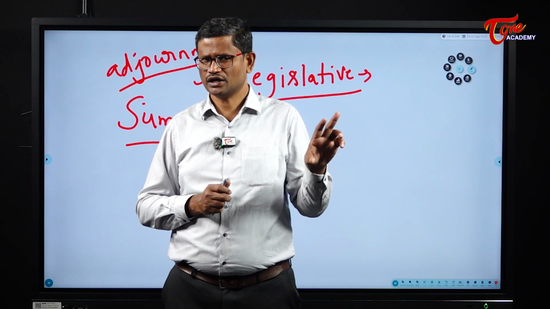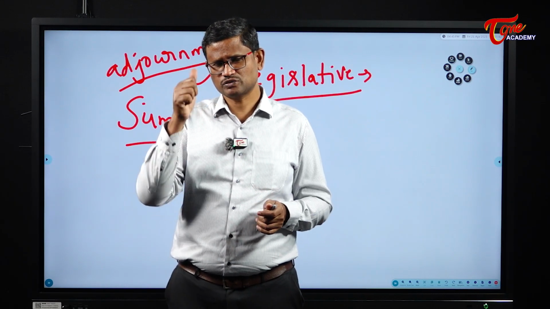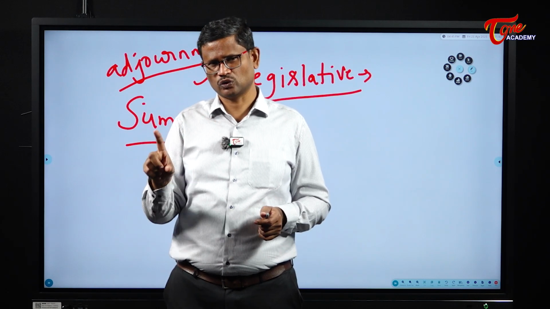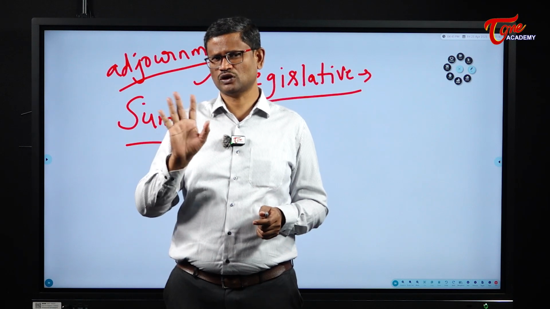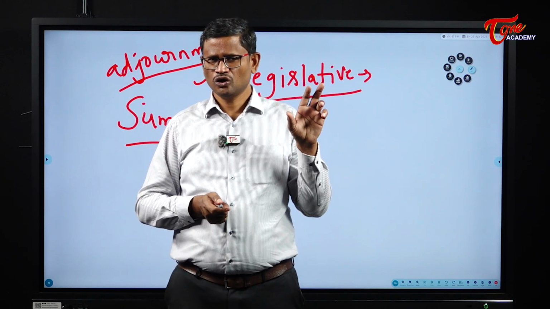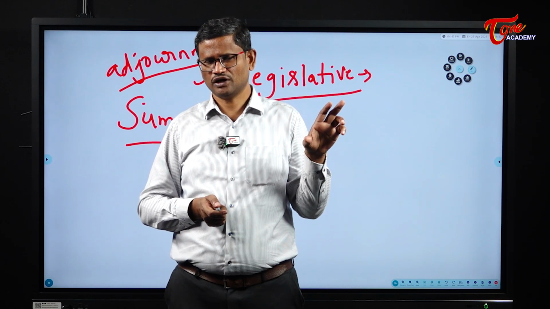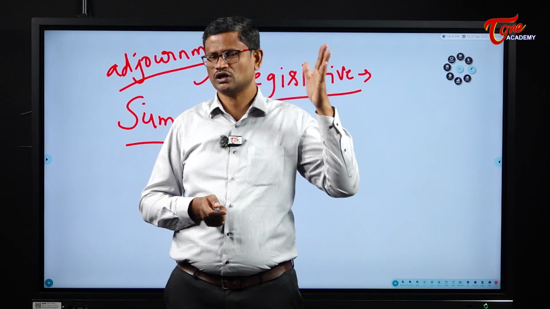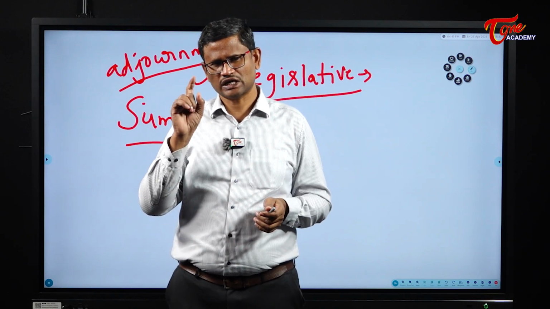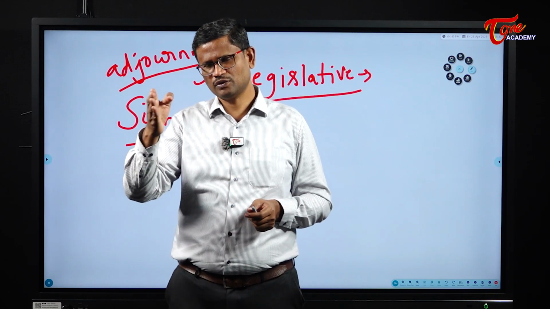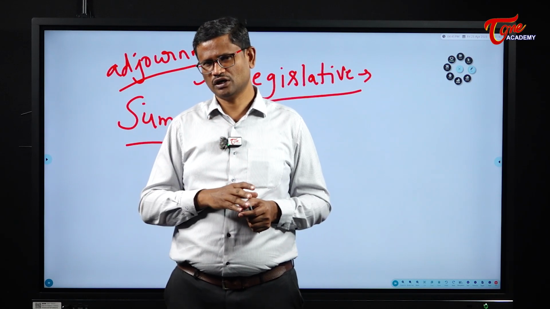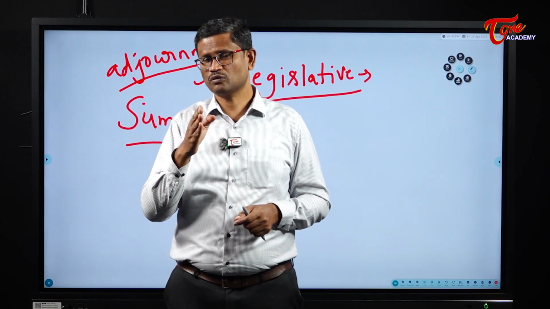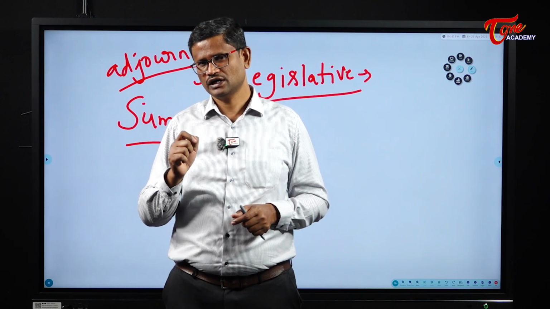And in addition to that, a prime minister who has absolute majority in the Lok Sabha, if the prime minister recommends to the president to dissolve the Lok Sabha, it is binding on the president to dissolve the Lok Sabha. So a prime minister who enjoys comfortable majority, if he recommends dissolution, the president is bound to dissolve the Lok Sabha. But a prime minister who has lost majority in the Lok Sabha, if he recommends to the president to dissolve the Lok Sabha to avoid facing the no confidence motion or confidence motion, then the president is not bound to dissolve the Lok Sabha. He can exercise his discretion.